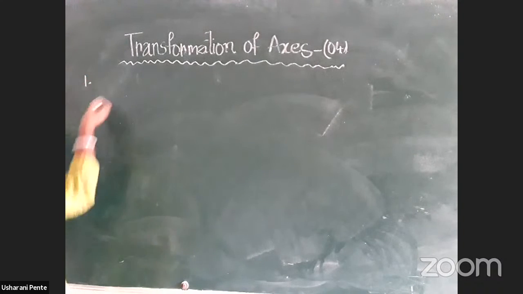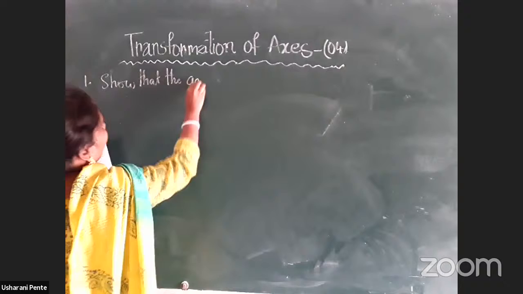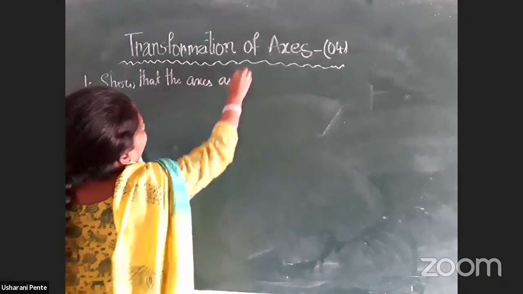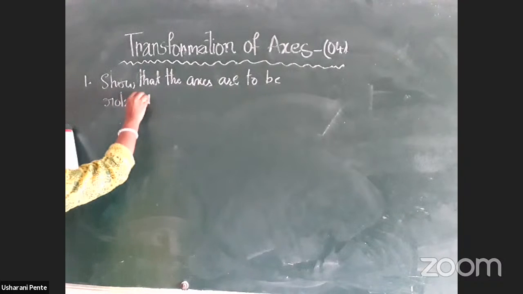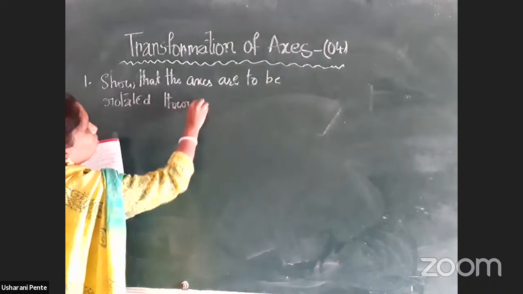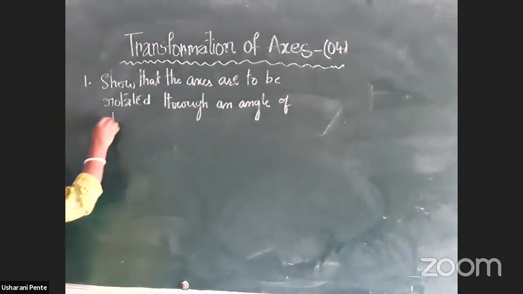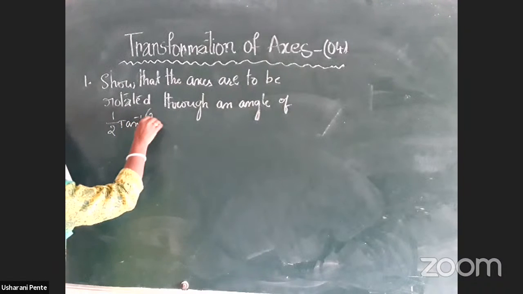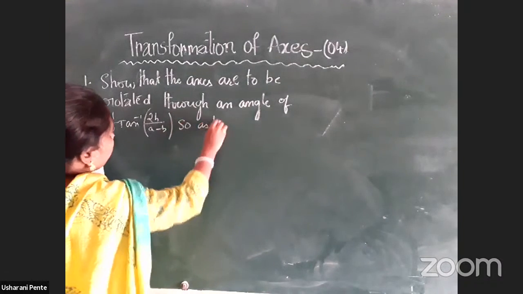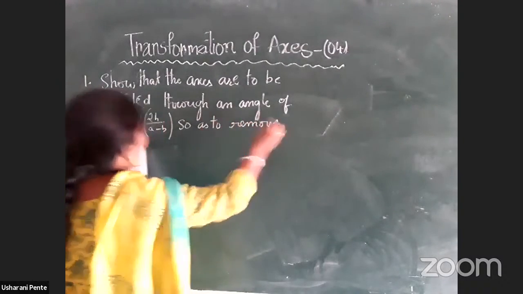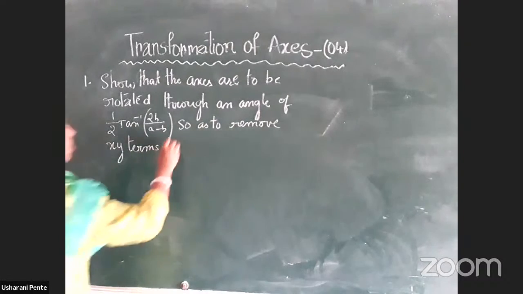So what is the statement we have? Show that the axes are to be rotated through an angle of half tan inverse of 2h by a minus b, so as to remove the xy term from the equation